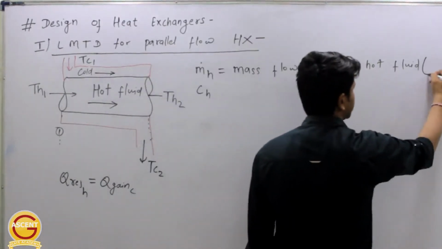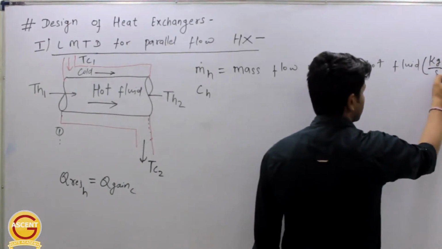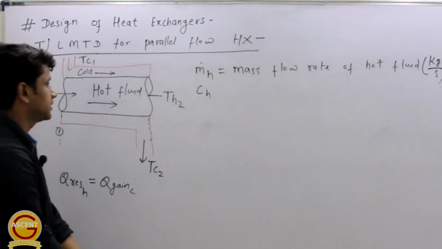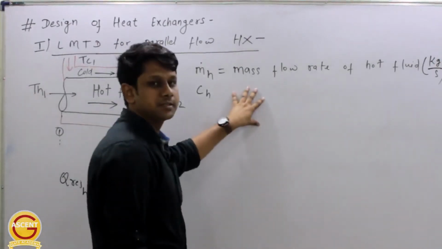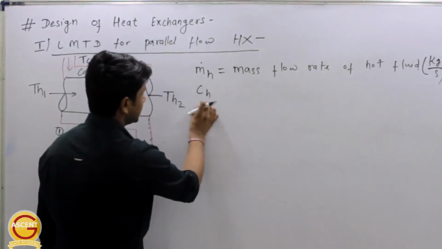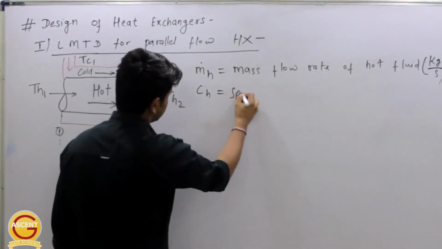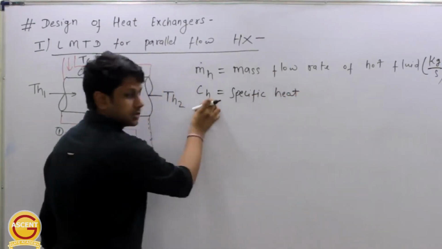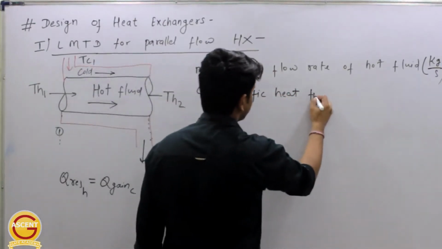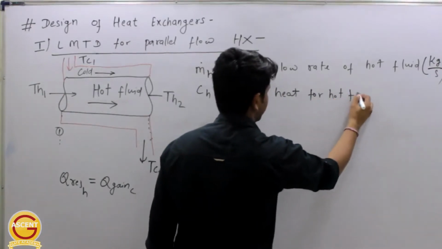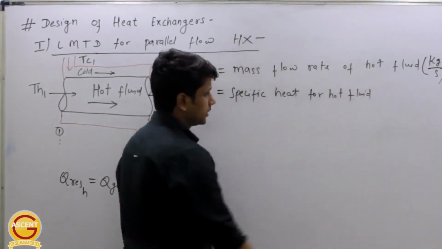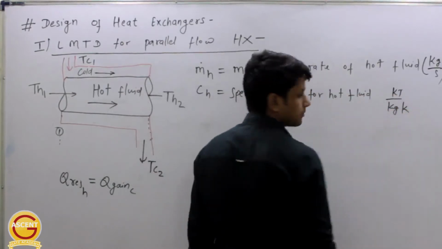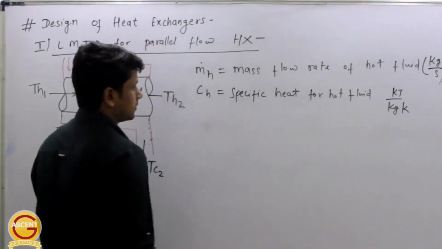It will be kg per second, right? Kg per second, because we want to calculate the rate of heat transfer. That's why we are taking mass flow rate instead of mass only, correct? CH is the specific heat. H is the suffix for hot fluid, so specific heat for hot fluid. And the unit will be kilojoule per kg Kelvin, or joule per kg Kelvin, whatever be the situation,